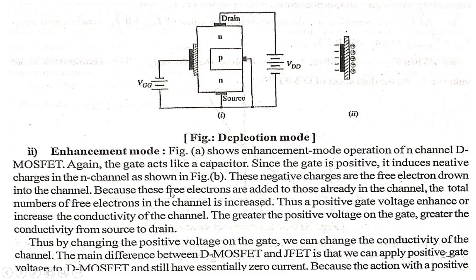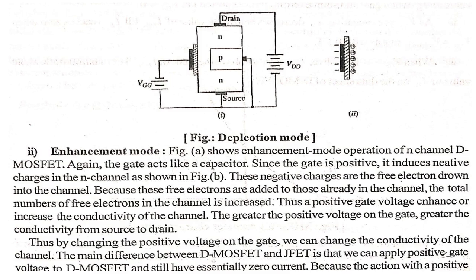Because these free electrons are added to those already in the channel, the total number of free electrons in the channel is increased. Thus, a positive gate voltage enhances or increases the conductivity of the channel, and the greater the positive voltage on the gate, the greater the conductivity from source to drain. Thus, by changing the positive voltage on the gate, we can change the conductivity of the channel, and the main